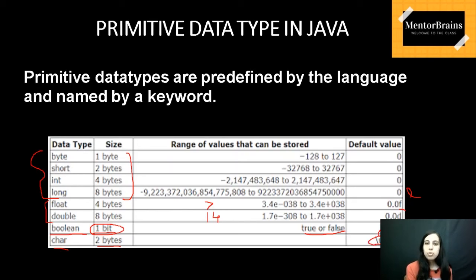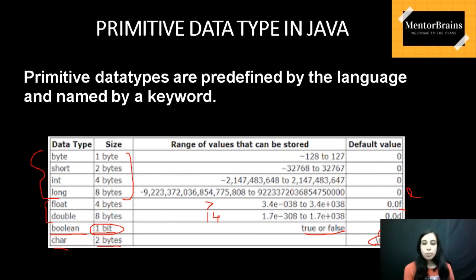Okay, so there is no special range of values in character, but as I've told you, the range for Unicode, as in the previous lecture, is from 0 to 65535. So the same range lies in character. It's from 0 to 65535, because you know that characters are stored in a Unicode system in Java, that is a 2-byte character coding system that is only used in your character data type.